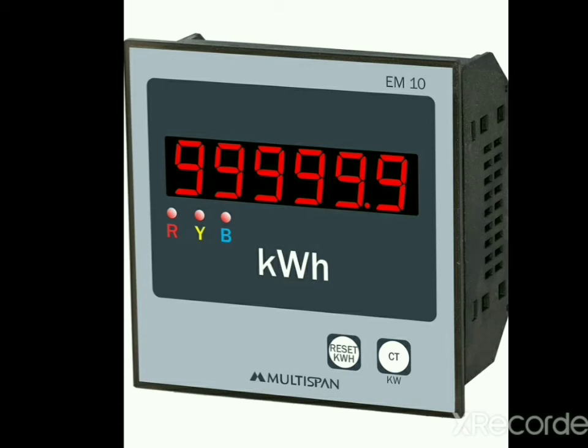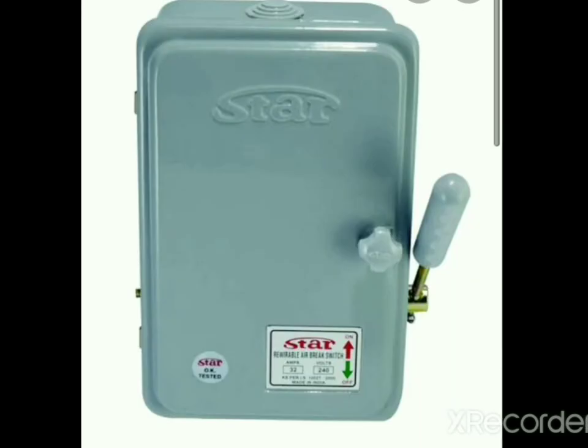We all usually get the electricity bill. This bill is read from this kilowatt hour meter. How much electricity is being used by us is measured using this kilowatt hour meter. From the kilowatt hour meter, the connections are made to the main switch. Here you can see the photo of a main switch, and inside that you can see a main fuse.